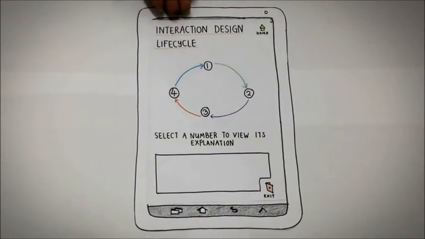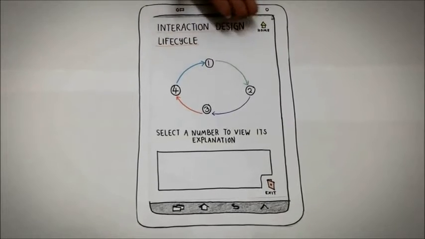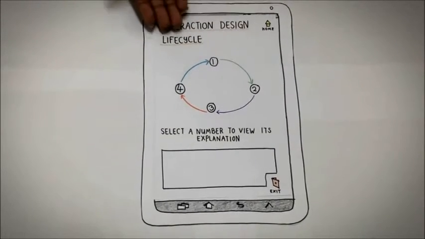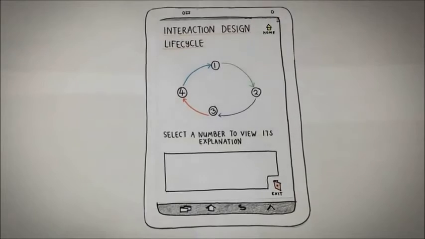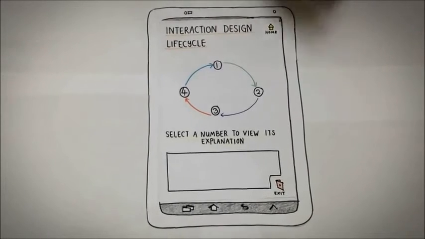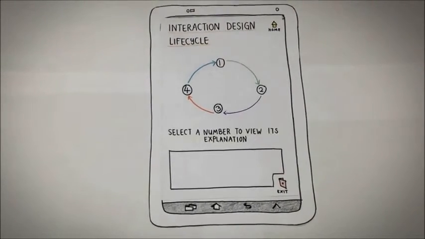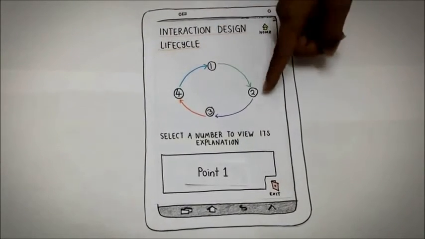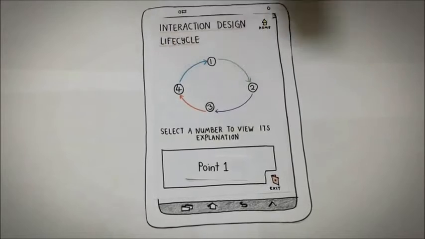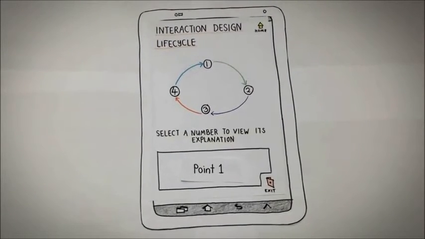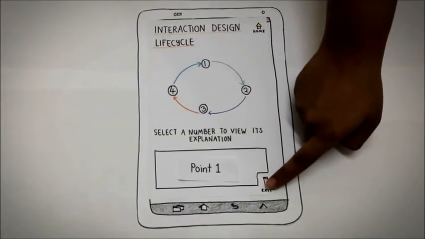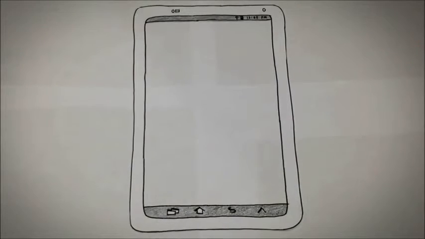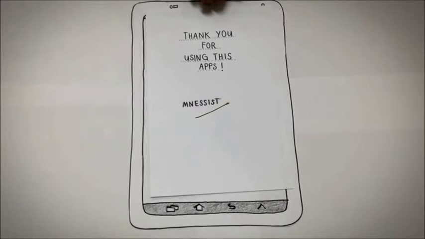Interface for Interaction Design Life Cycle. To understand the Interaction Design Life Cycle, there are 4 points. For the first point, click on the first point, then the first explanation will come out. Same goes for button 2, button 3, and button 4. To exit the Interaction Design Life Cycle, just click on the Exit button. Ding! After you click the Exit button, thank you for using